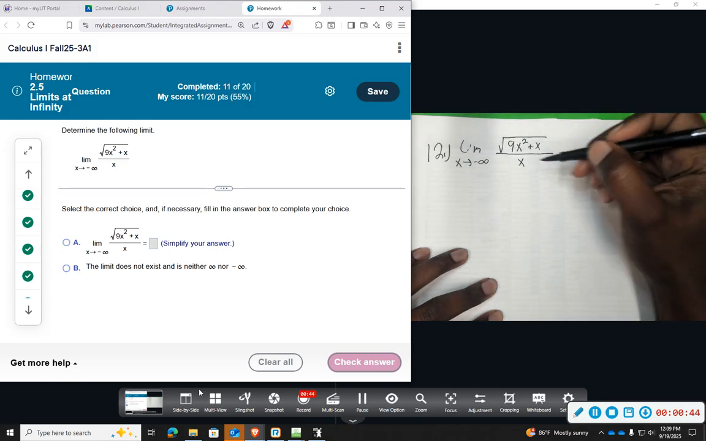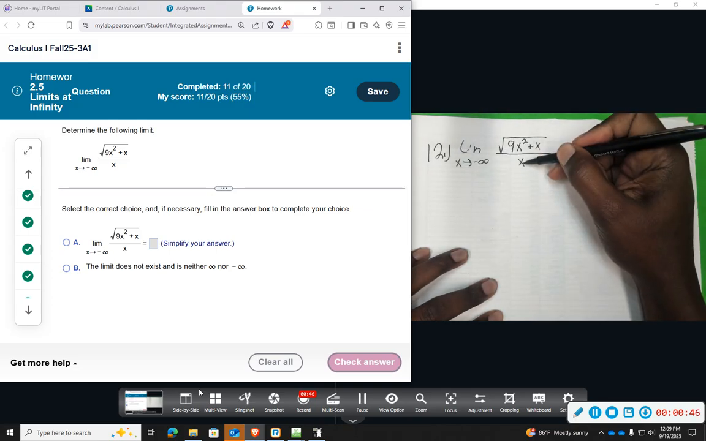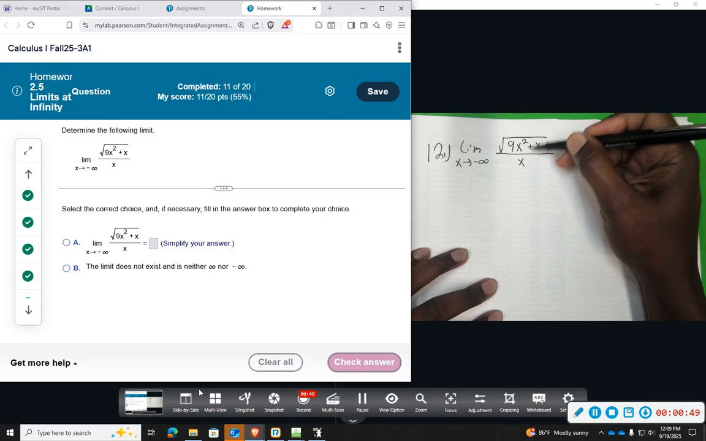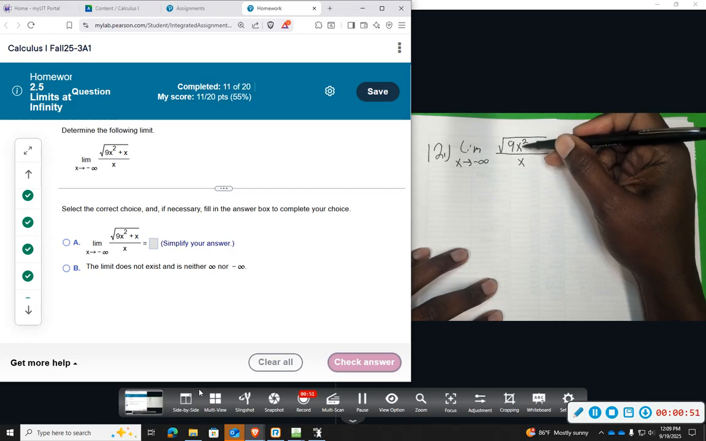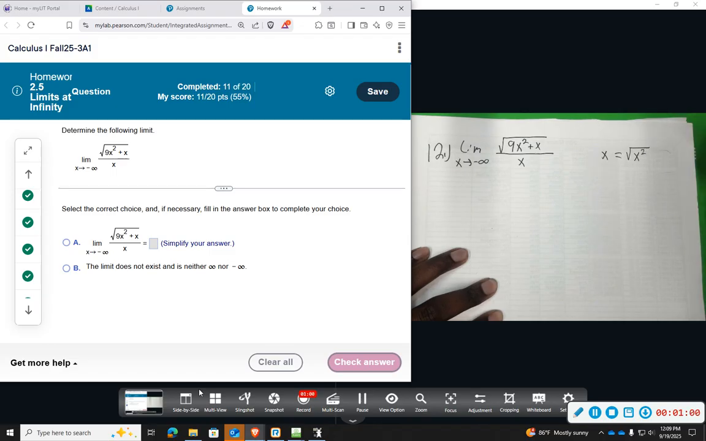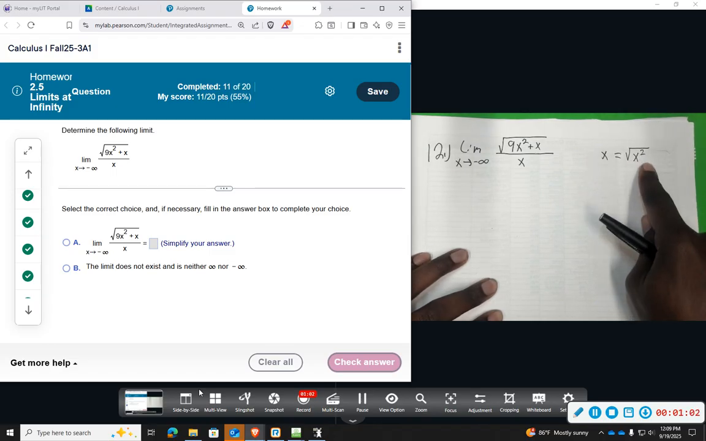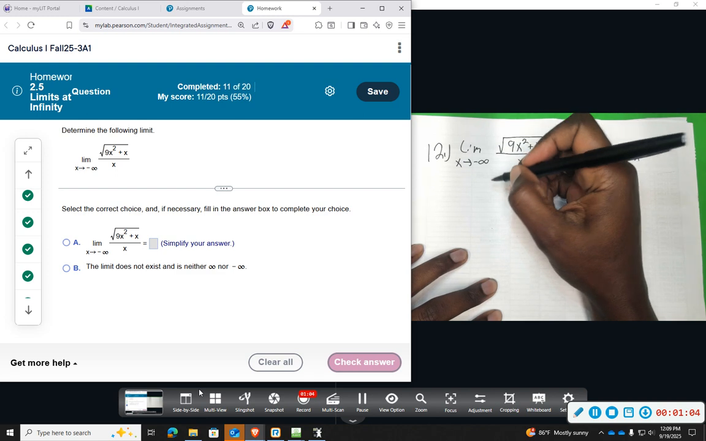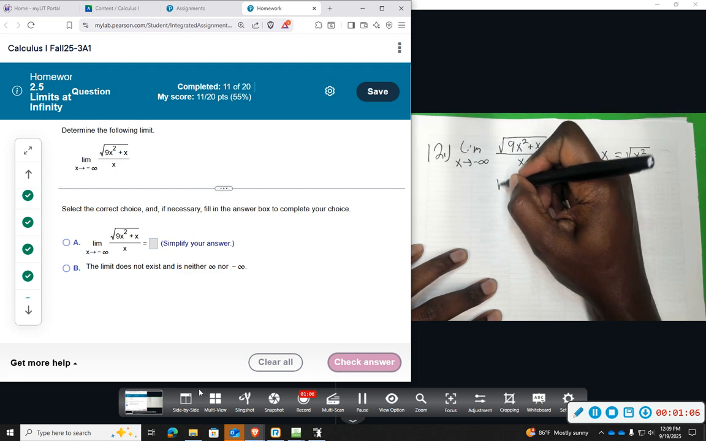Okay, we want to divide everything by the largest power in the denominator, which is x, but when we think about what's going on under the square root, that would be equal to the square root of x squared. So if it's under the square root, you got to do x squared. So we're going to simplify everything. We're going to have square root